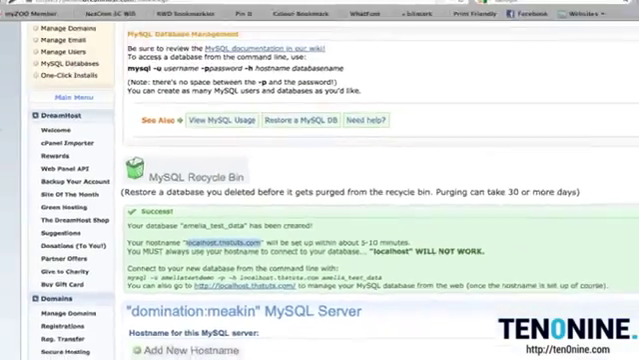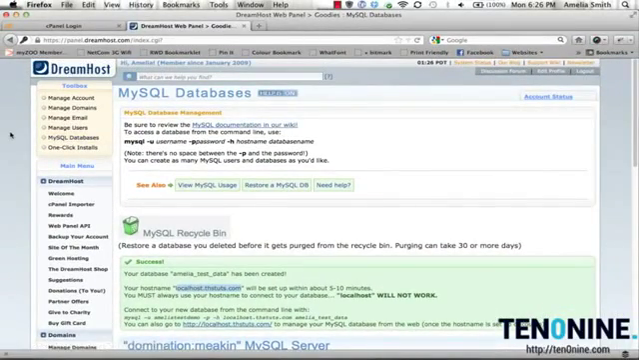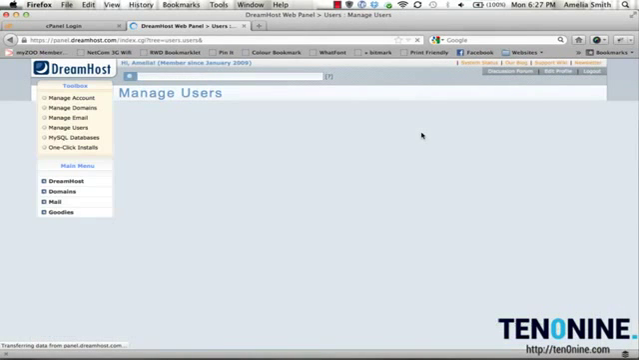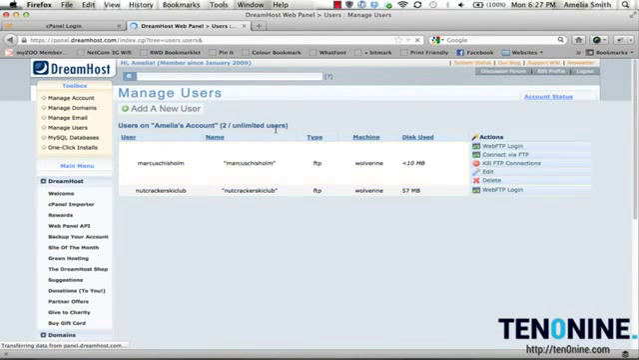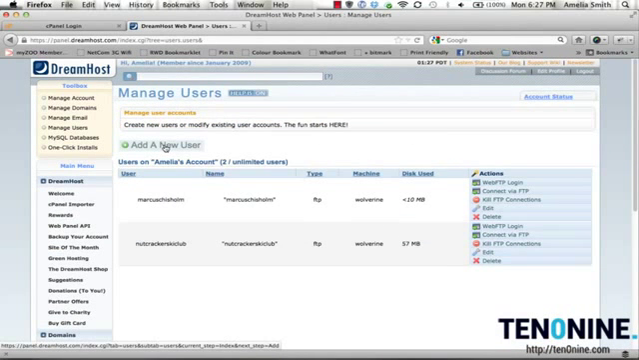We now need to create FTP user details, and this is so we can transfer files from our computer to our web hosting account. It's not a simple matter of just clicking a browse button, finding the file and uploading it. You need to do it through a particular application, and we'll need some login details for that. So to create FTP user details, go to Manage Users, and we'll just have a simple form here that we need to fill out. Click on Add a New User,